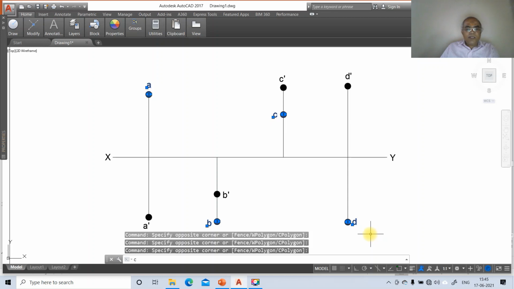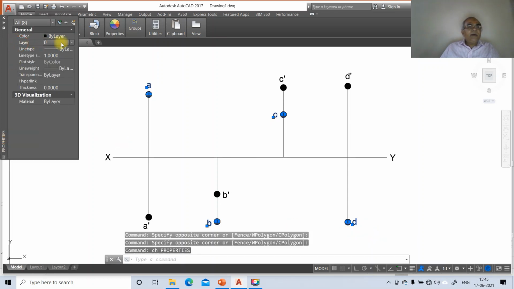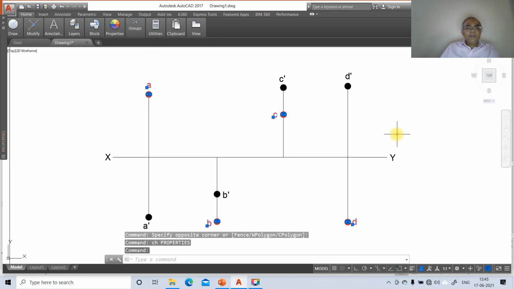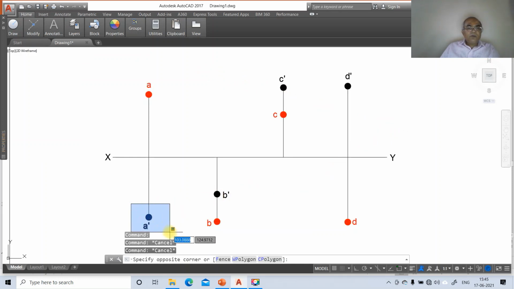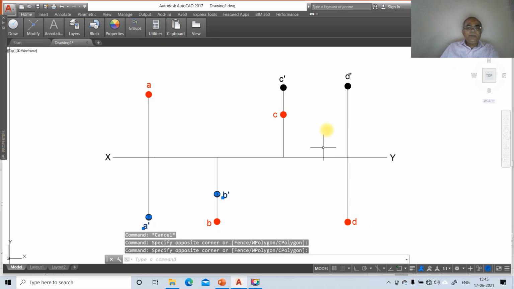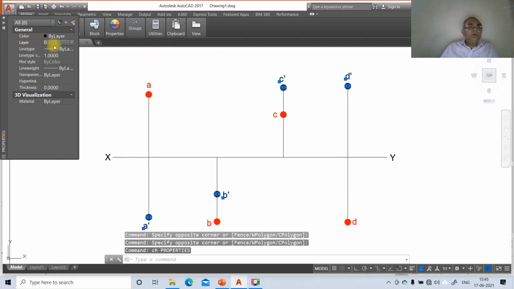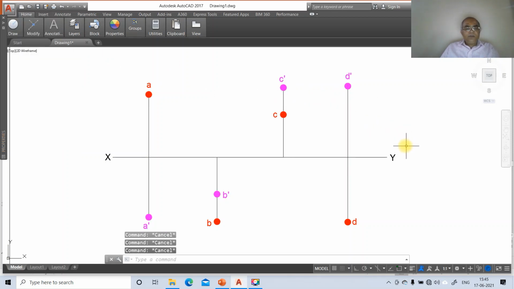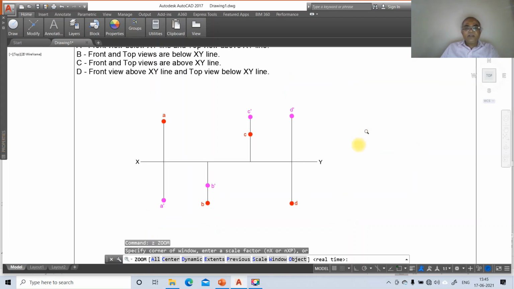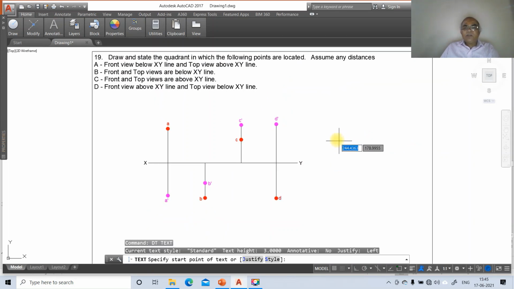Go to CH, go to layer, make this as top view now. Then go to this, go to B dash, C dash, and D dash, go to CH, go to layer, make this as front view. Then you just come out of this, zoom previous, then you write the answer here.